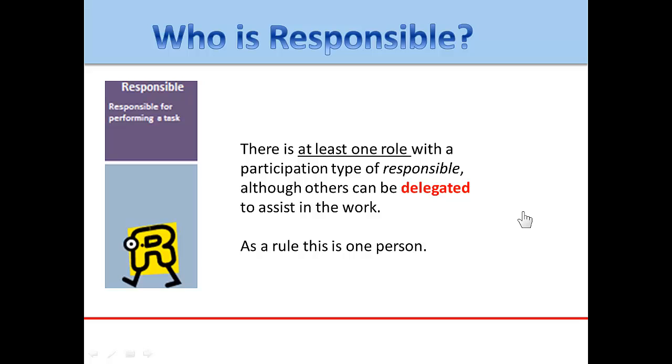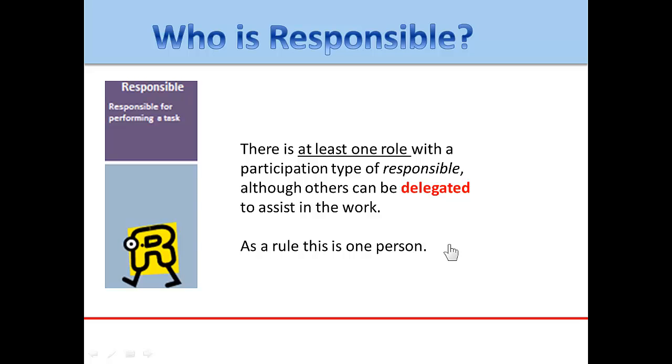There is at least one role with the participation type of responsible, although others can be delegated to assist with the work. The point that we're making here is it's very important to have an individual and name, or at least a role that can be identified and linked to a name. I have one person who's been designated as the responsible person. If there are other people involved, then those people should be reporting or be responsible to that one person